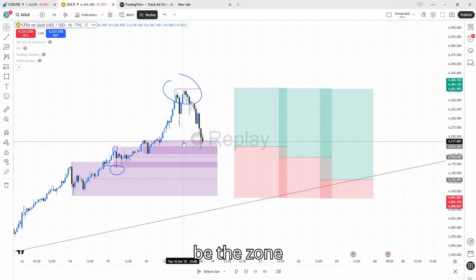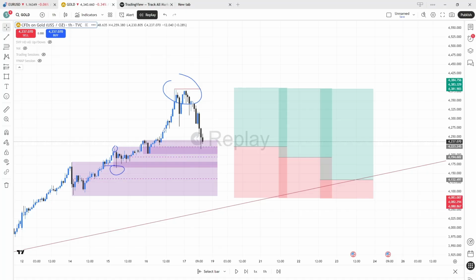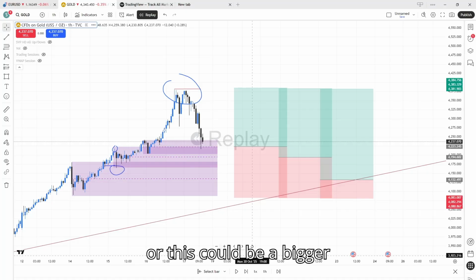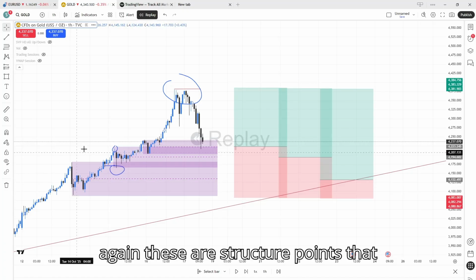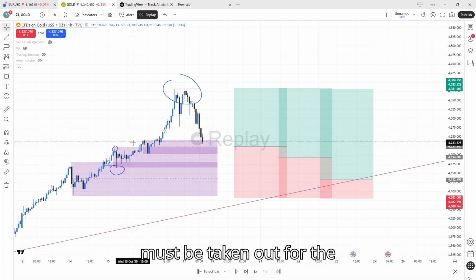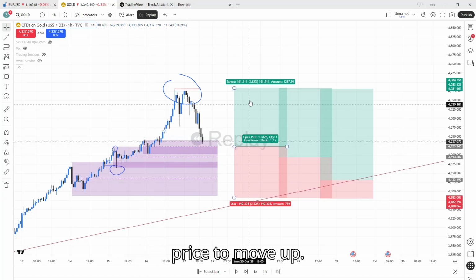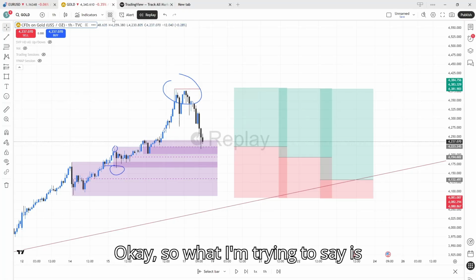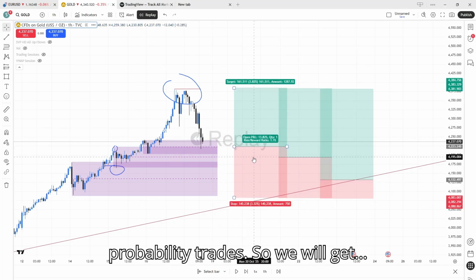This could be the zone where it will have the response, or this could be a bigger pullback, right? But again, these are structure points that must be taken out for price to move up. Okay, so what I'm trying to say is this, that these are our high probability trades. So we will get